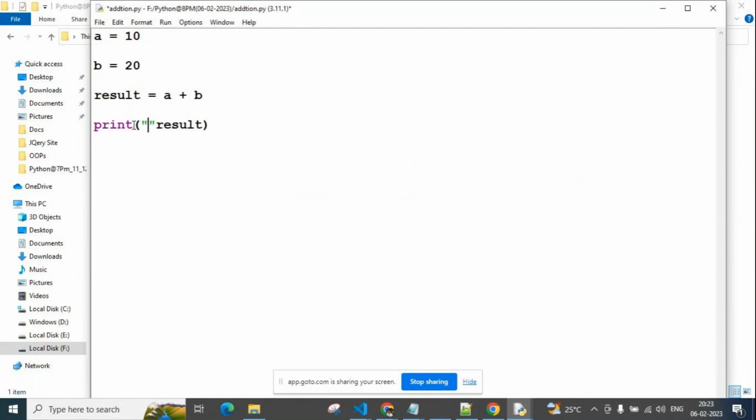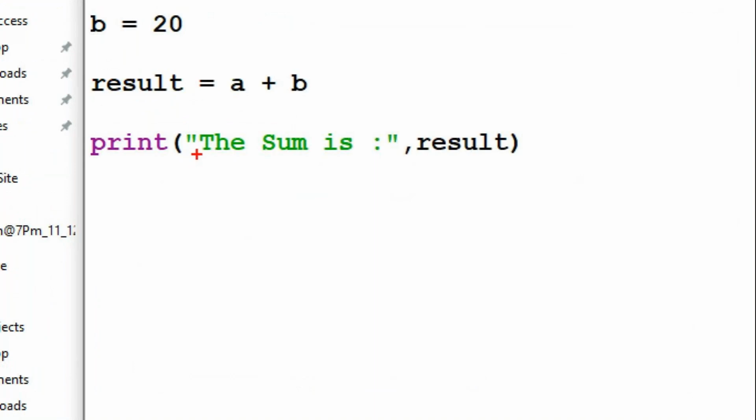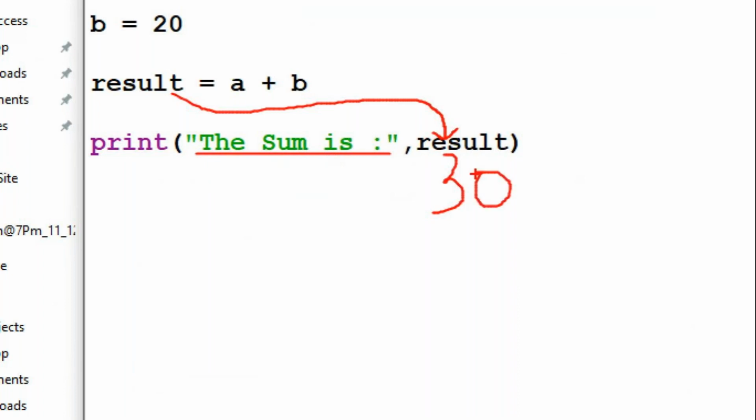The sum is, like, I'm taking a comma. So this is printed on the screen as it is. The sum is, and this is some variable. This variable has the result 30. Okay, the sum is 30, like you are getting.